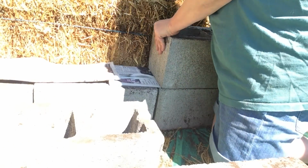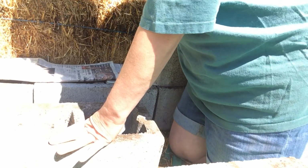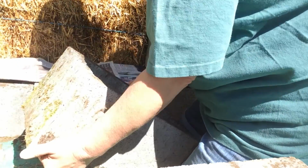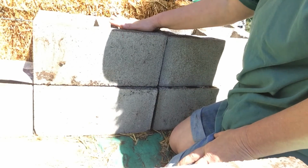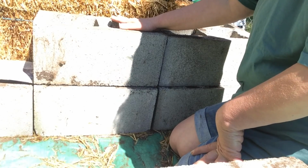And the top blocks are the ones that I will be planting in. So it'll just prevent any weed seeds that are in this fill dirt, will hopefully prevent them from coming up into my vegetables that I want to plant in there. So I just wanted to do a quick video to show you how I'm going to do that. I'm going to fill this with the organic potting mix that I got in,